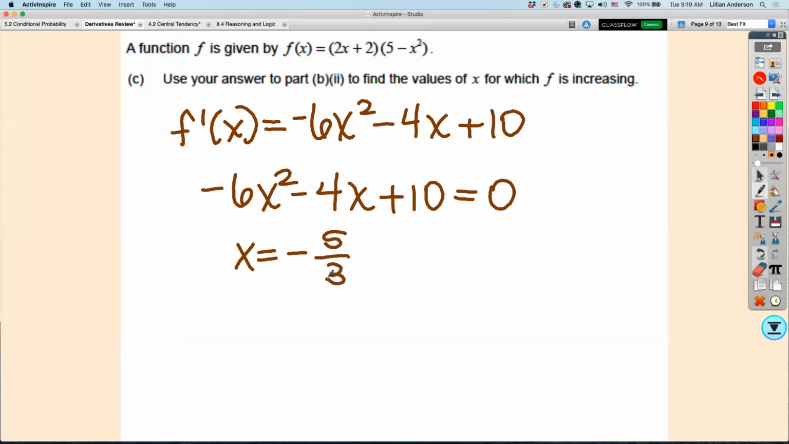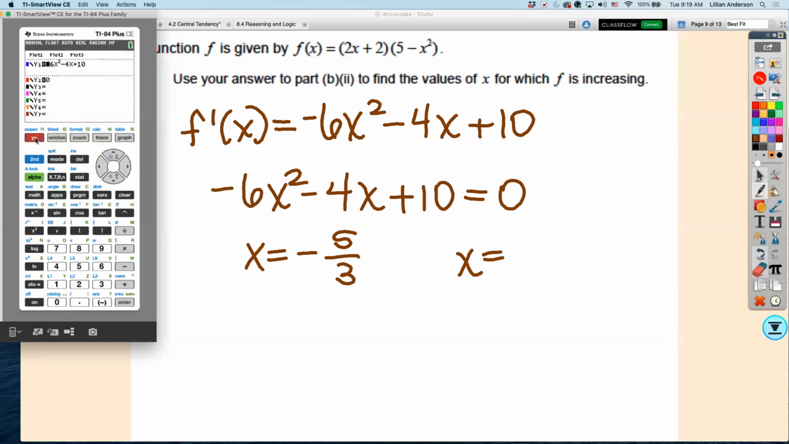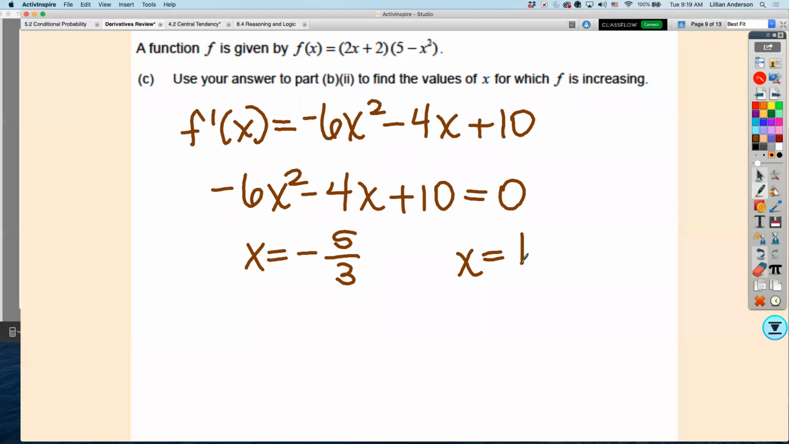Now, of course, you can use the decimal equivalent. There's nothing wrong with that. I just know y'all in your rounding points, that's always an issue. Okay, let's find the other one. One. Yes. Okay. Now, from here, you can make a number line and you can pick test points in between to